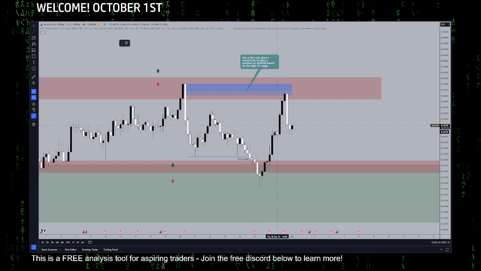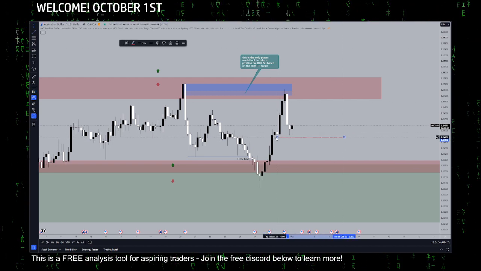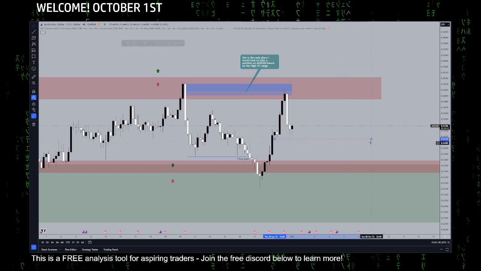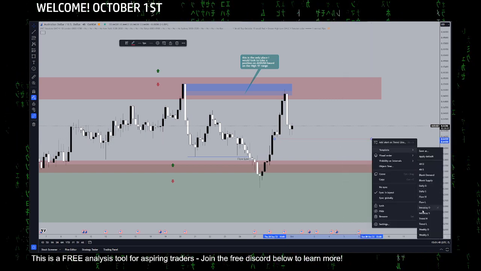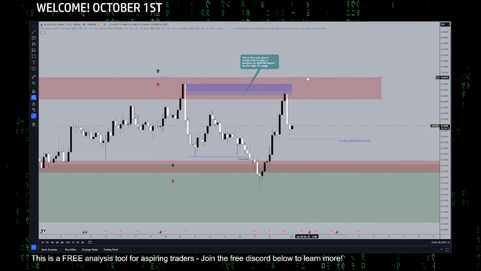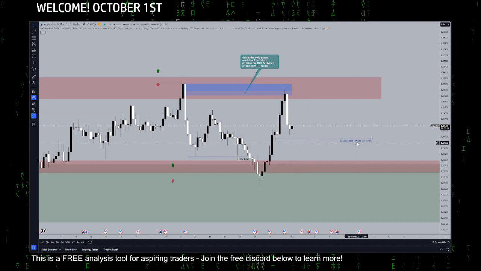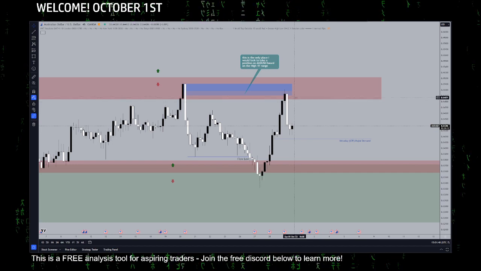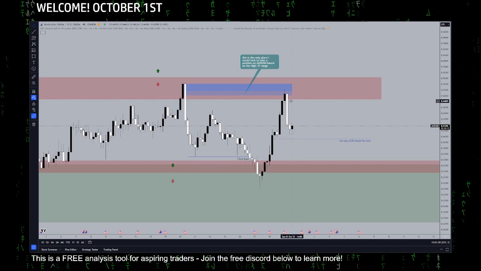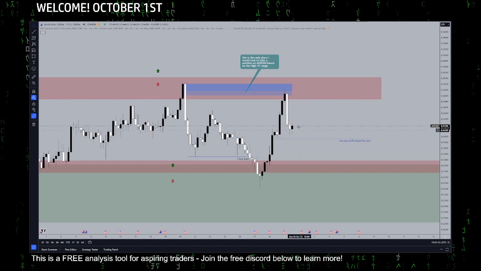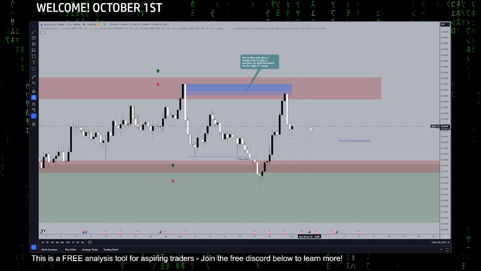Now, looking forward, I would say that this is our current, I'm actually going to put it on this wick here, that's our current H4 intraday major demand. If price gets below this, I think we're going to fill out the rest of the range to the downside. If price does not get below this and just pushes right back up, I would be really hesitant to take any sells because buyers are still in control and we haven't seen any major instance of an order flow